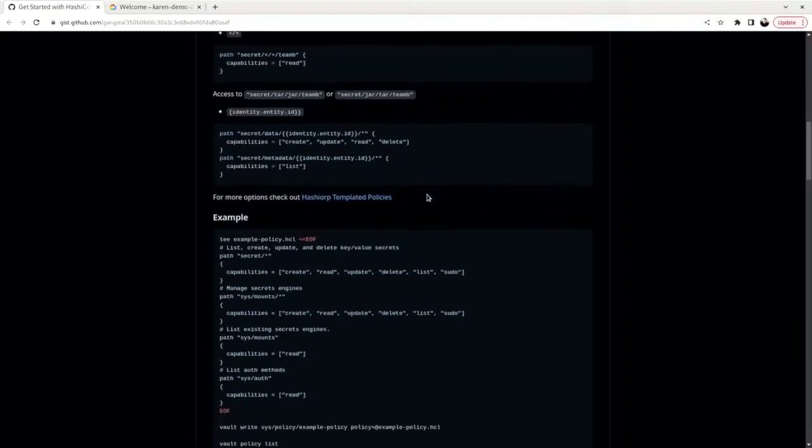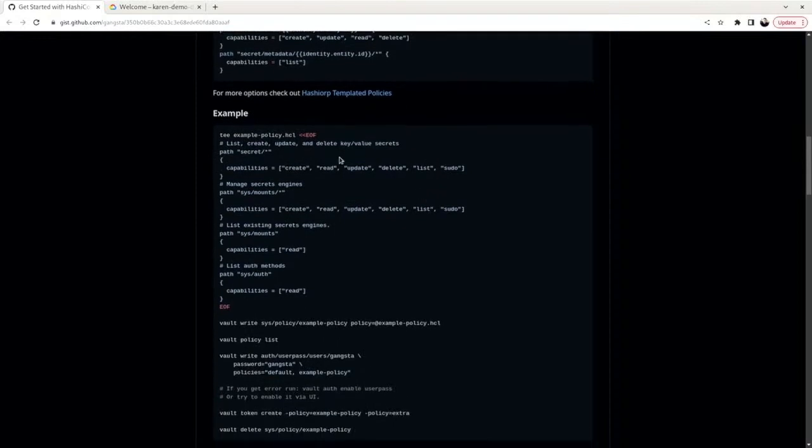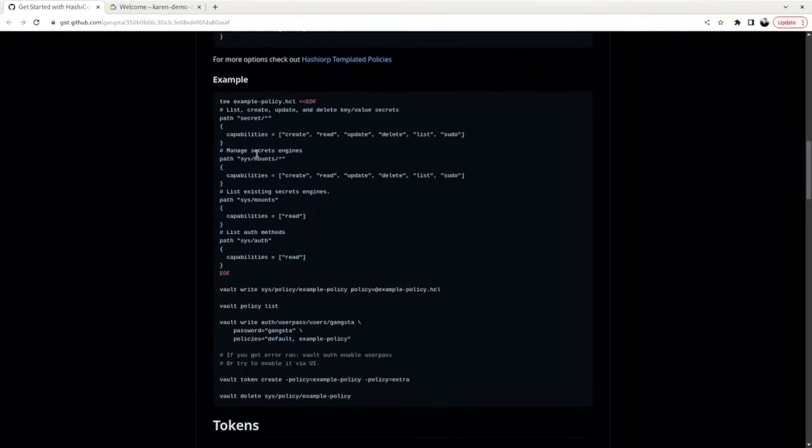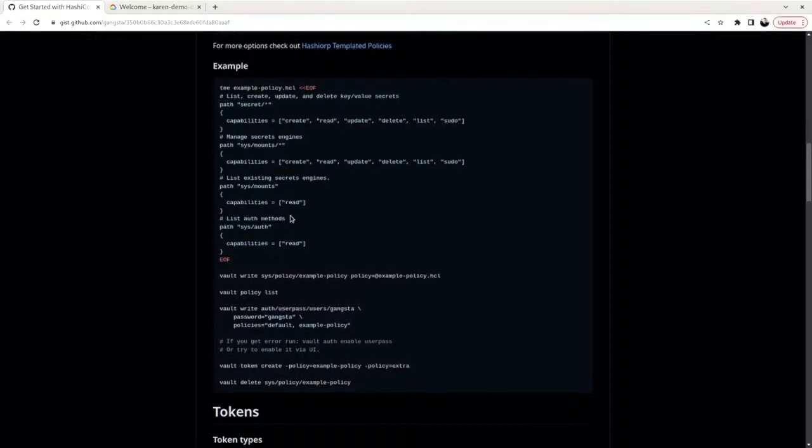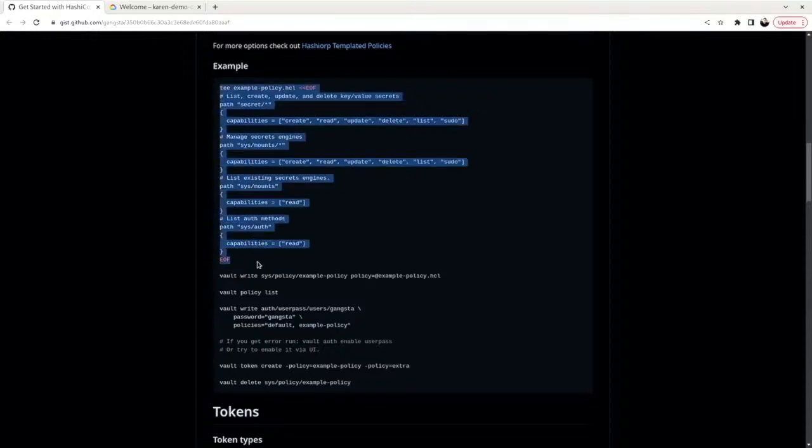Good. So what we are going to do is create an example policy. An example policy will have some capabilities to create, read, whatsoever in the path secrets. And some other, okay? We don't need to focus, it's a demo, we just do it. If you want to learn more, it's a public gist, so you can just go home and do it.